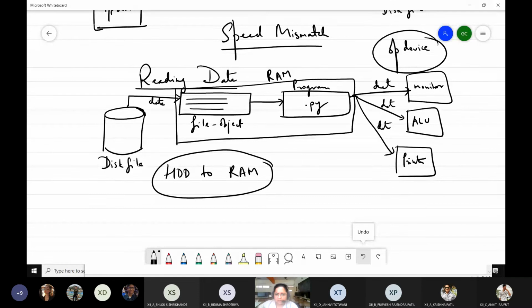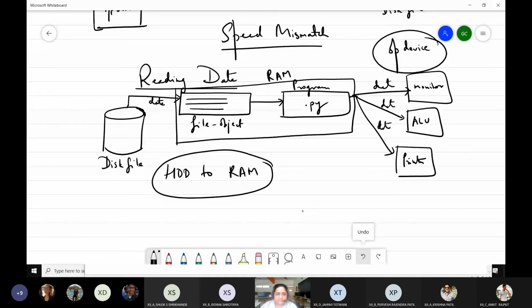So if you have to save any data or you have to do any kinds of modifications, you will always use the file object for doing all your operations. And later on, when the program terminates, at that time, all the changes which you made to the file object will be saved into your disk file.